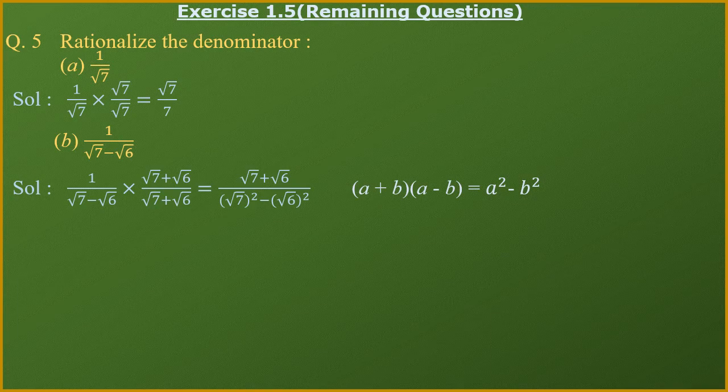Okay. Now if I put it in the formula a square minus b square, the value of a I kept here is root of 7, so that will become root of 7 whole power 2 minus b square, that will become root of 6 whole power 2. So you compare a plus b with a plus b and a minus b with the given denominators. So you will definitely find the value of a and b, and then you put the value of a and b in the formula given on your right hand side, a square minus b square.